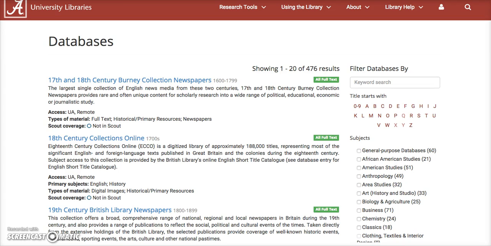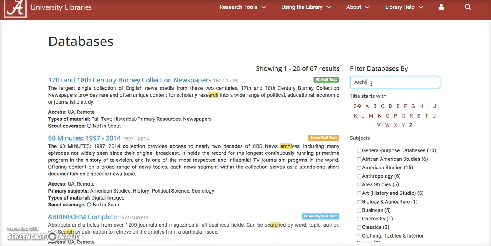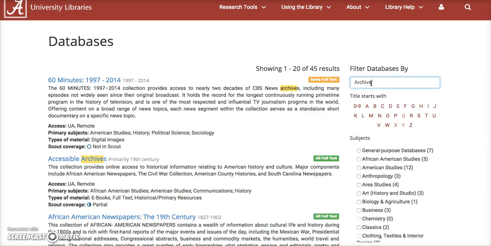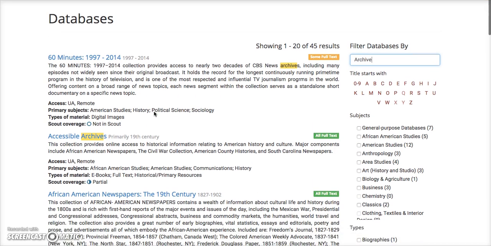Coming back to the UA databases page, I'm going to show you our next resource, ArchiveGrid. This particular link is not filed under the genealogy subject, so we will just type in archive in the keyword search. As you can see, there are a number of archive-related